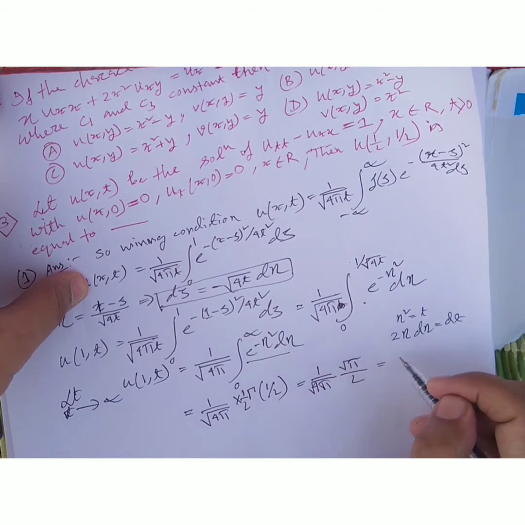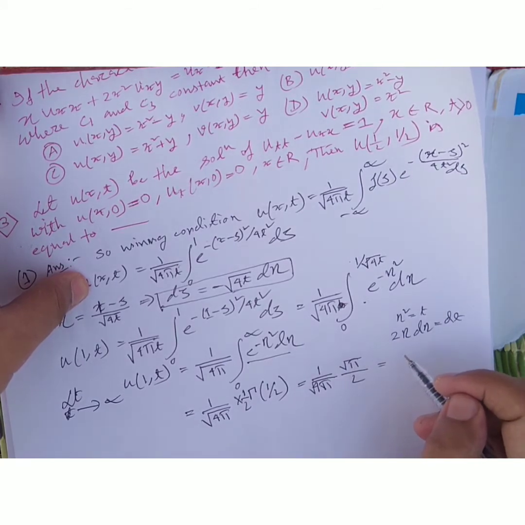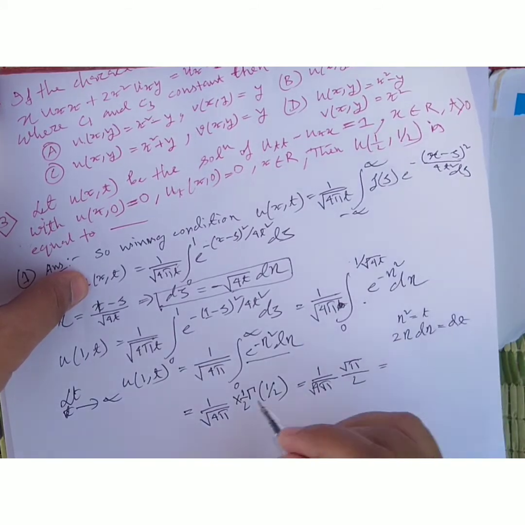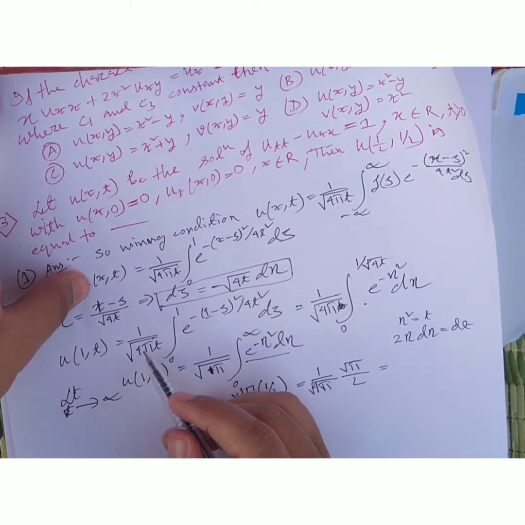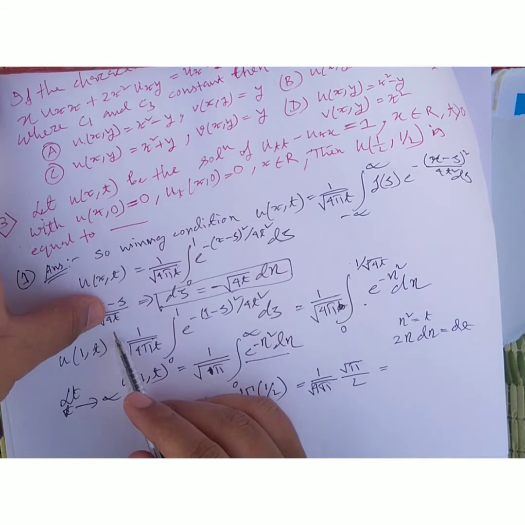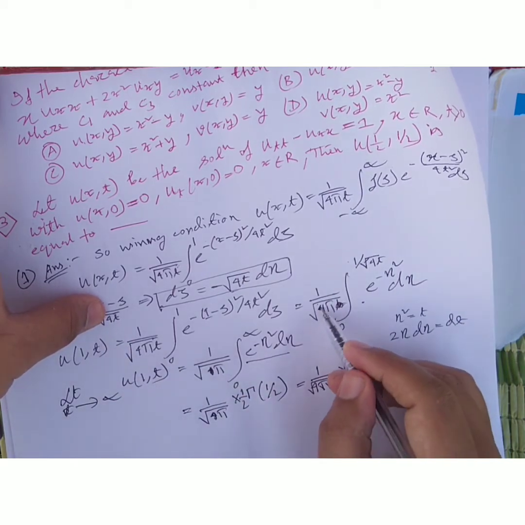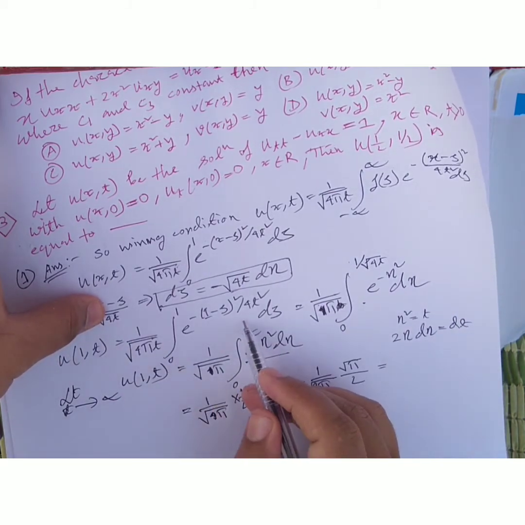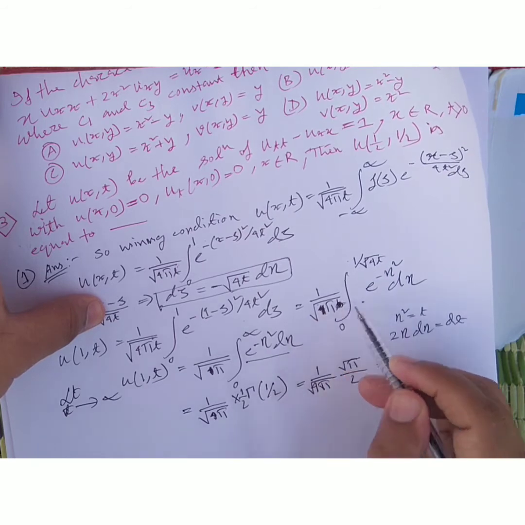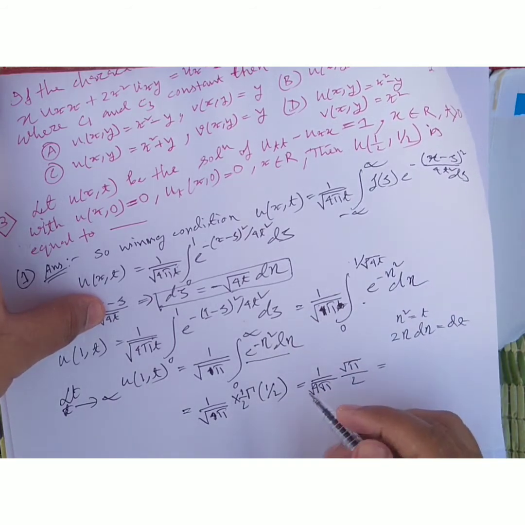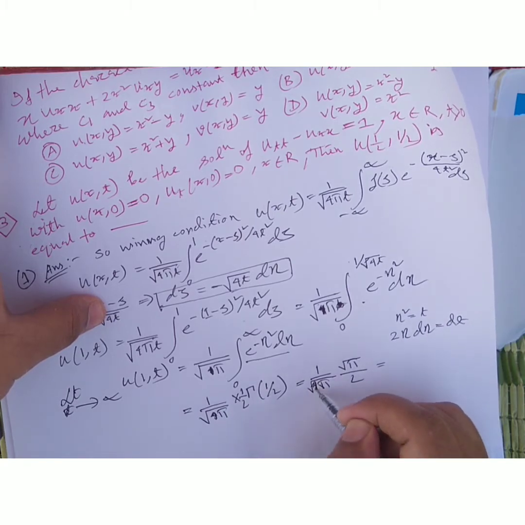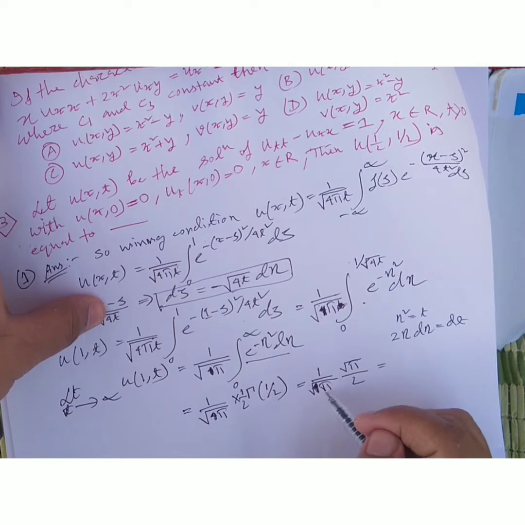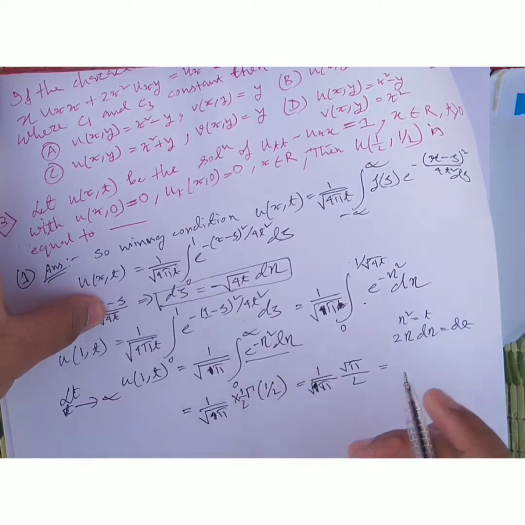Then I can get, okay, in here not root 4 pi, it is root pi, and also in here it is root pi. Sorry, there is some mistake. And another is root pi, and in here also root pi, and root pi by 2, because gamma half means this is the gamma half.